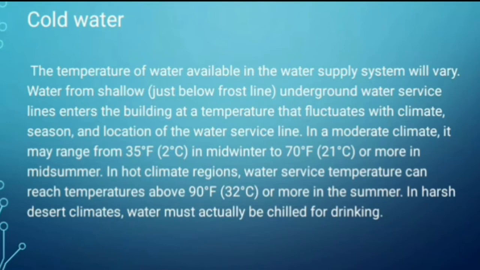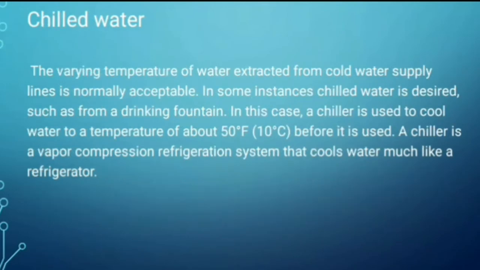In harsh desert climates, water must actually be chilled for drinking. Cold water is generally between 80 and 60 F, or 26.7 to 15 degrees Celsius. Chilled water is desired, such as from a drinking fountain. Next is the chiller, which is a vapor compression